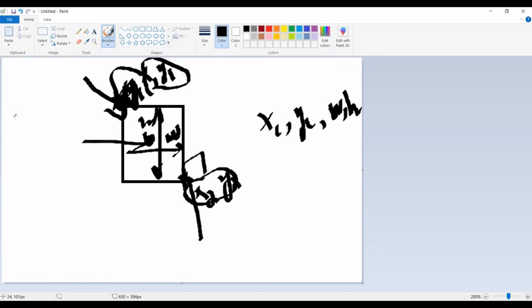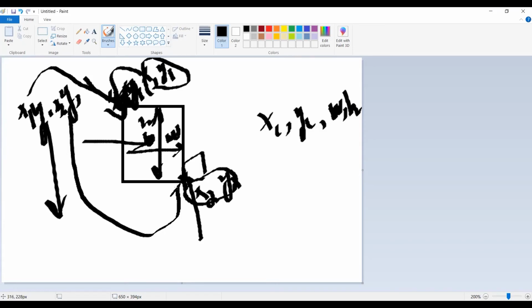What we receive from the YOLOv8 model, x1, y1, x2, y2 for each bounding box, we want to convert into xc, yc, the center coordinates, and the width and height of the bounding box, wh. In this way, we convert the YOLOv8 output into the center coordinates and the width and height of the bounding box to make it compatible with DeepSORT object tracking. If I go back to the code further,